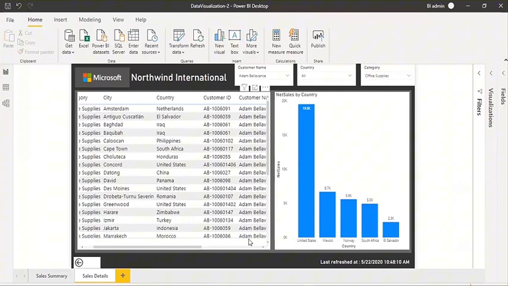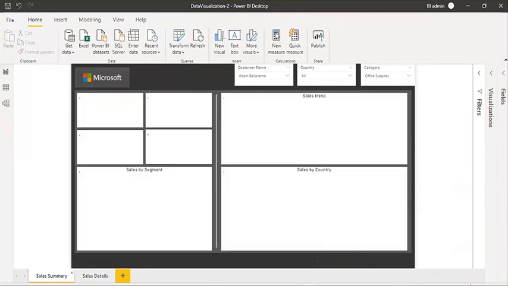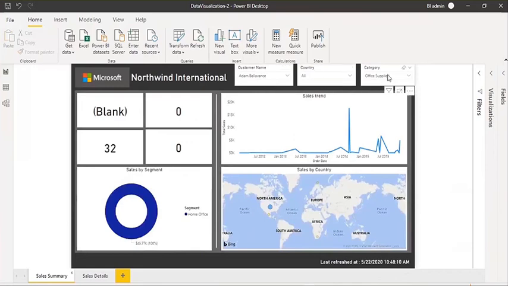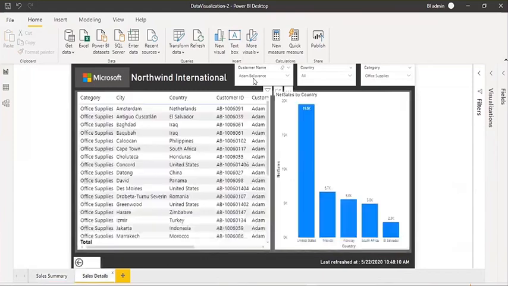So how can we enable our filters, our slicers, to sync the values? Let's say if I select a value in this customer name filter, and on all other pages I have the same filter, then the value will be auto-selected. This filter will be synced. Okay, let's see how we can do it.